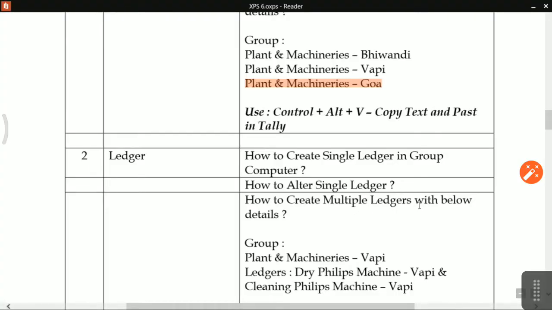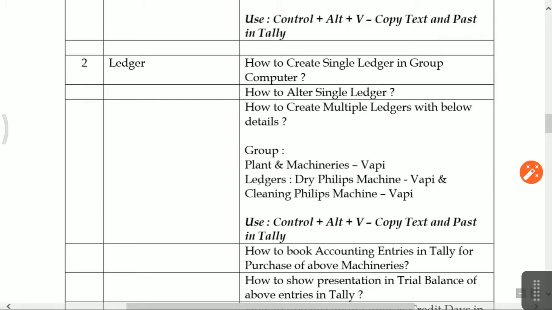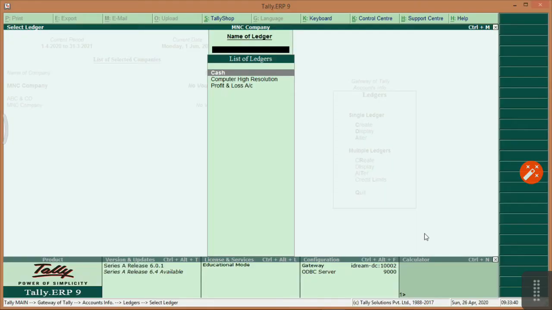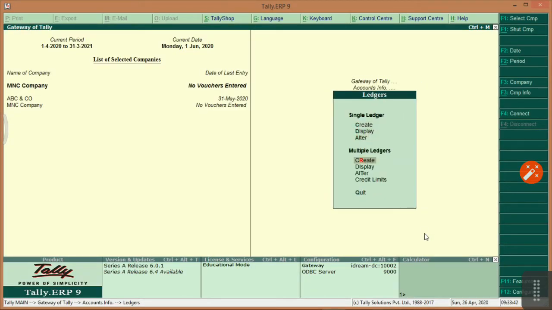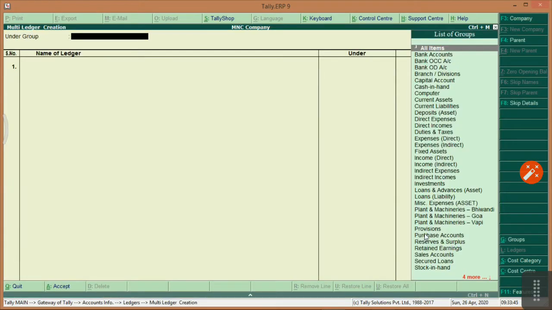Okay, how to create multiple ledgers with the below details. This is your group, plant and machinery WAPI is a group, and this is your ledger. To create multiple ledgers, select plant and machinery WAPI.